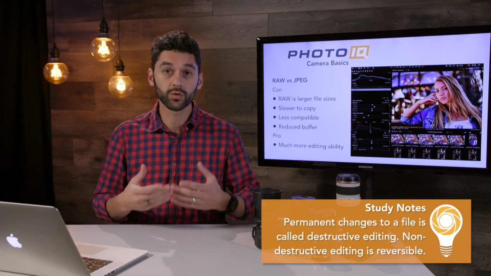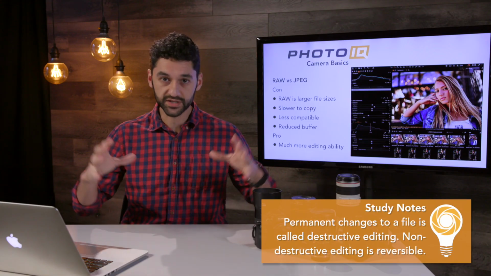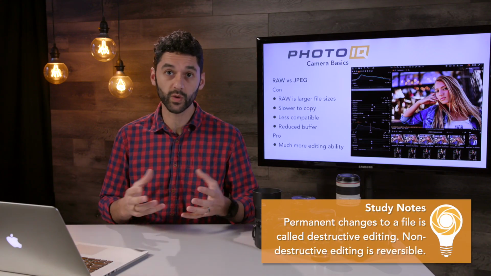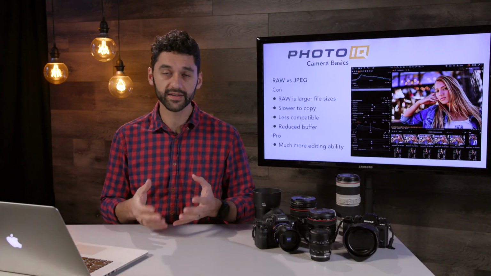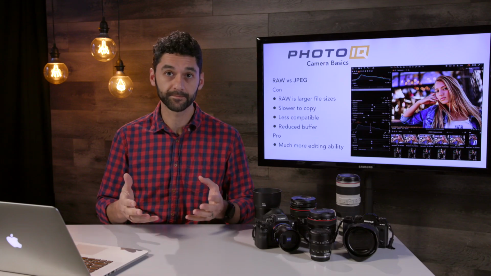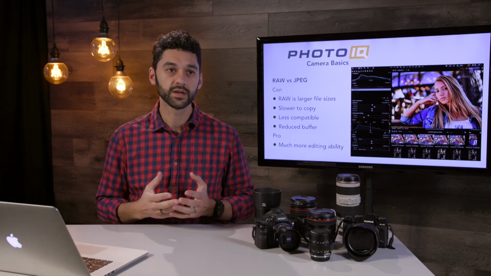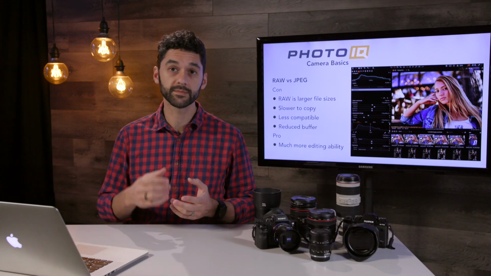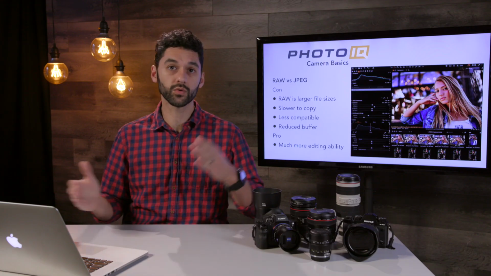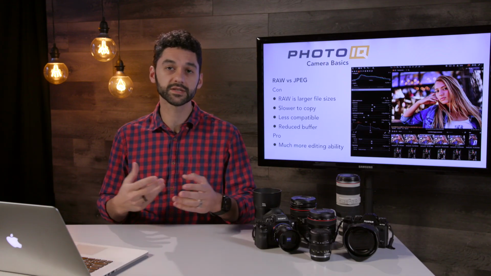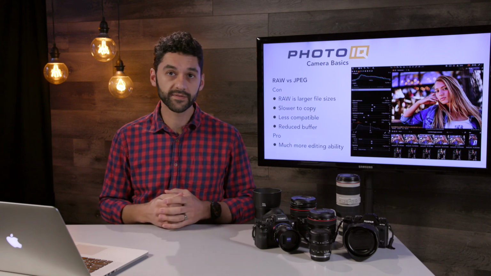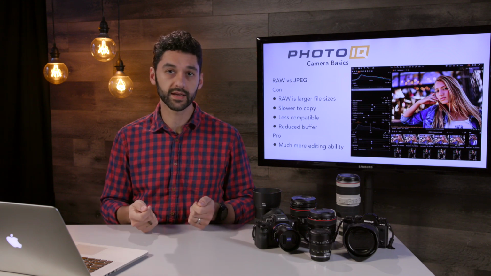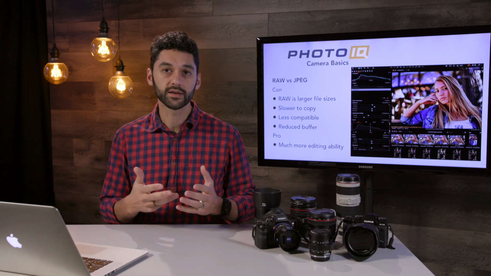Versus a RAW file, if you think of that as basically just your clump of clay that's just wet and ready to be formed, all that is just data. It records that information to be interpreted later. So color information can be changed to make it warmer or cooler or more saturated, less saturated, without any negative effect. And you can do it over and over and over again without any kind of detrimental